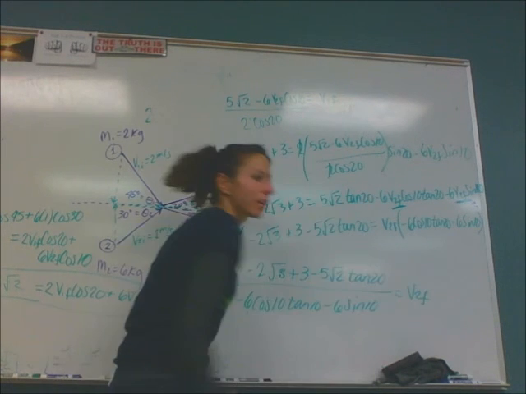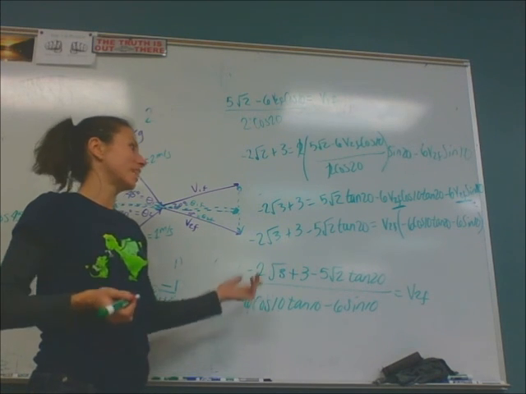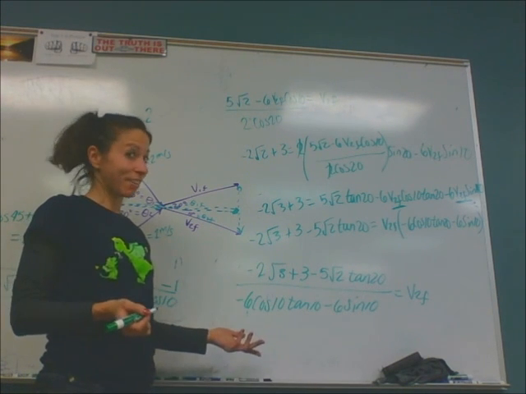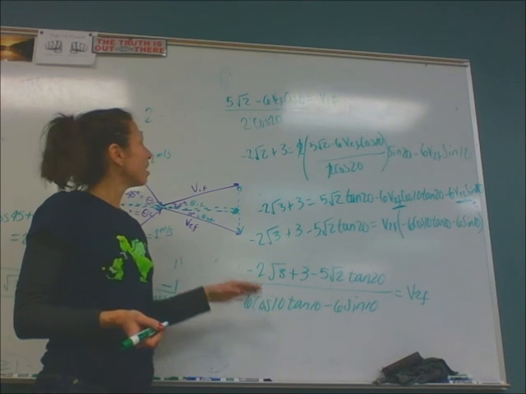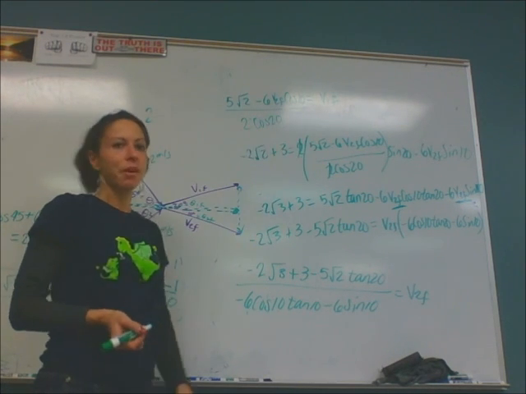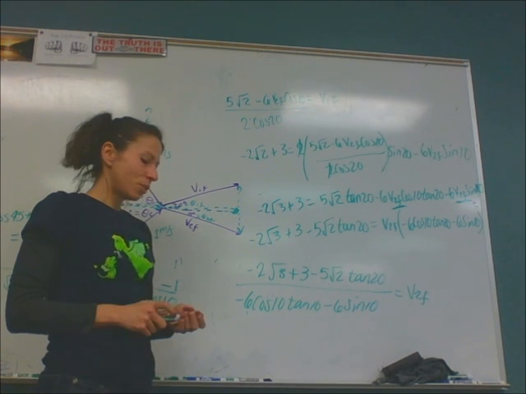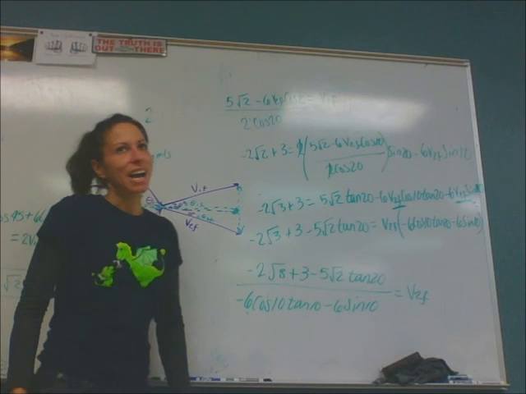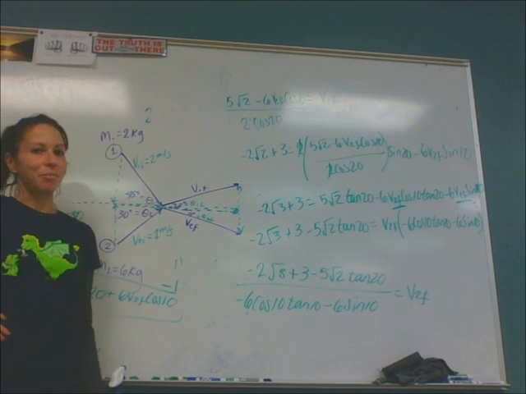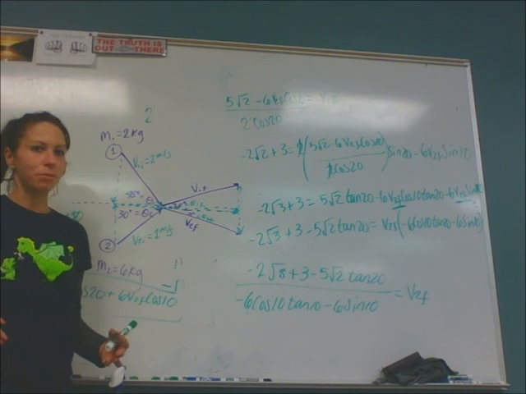And then once I find this, which is just a number, and the only reason I haven't plugged it in is because I don't have a calculator. This is just a number. Once I find this, I can plug it into this equation and solve for v1f, and then I have those. So this is kind of, I won't say it's as bad as it gets because then you'll yell at me later, but it's one of the more difficult two-dimensional conservation of momentum problems.